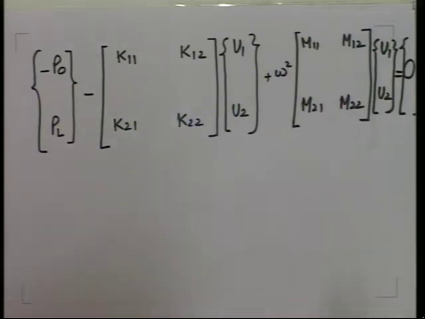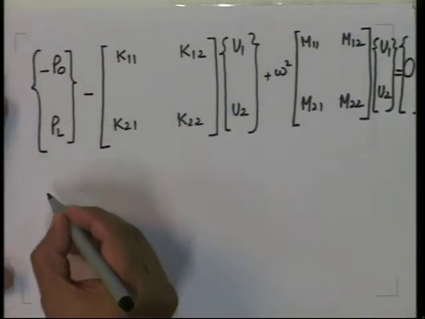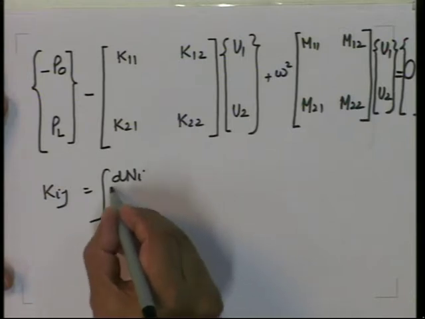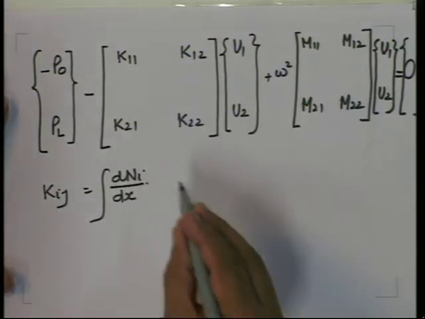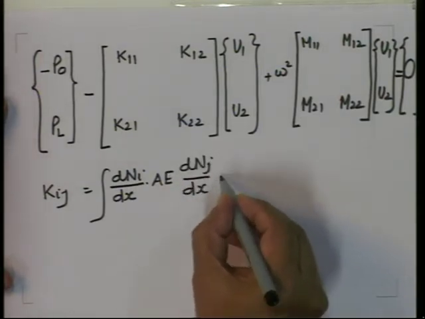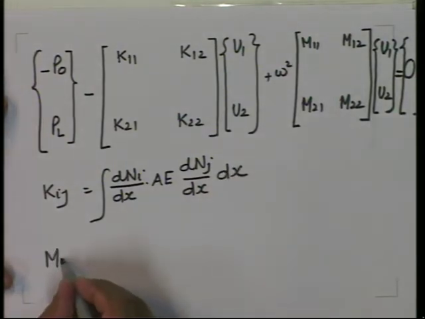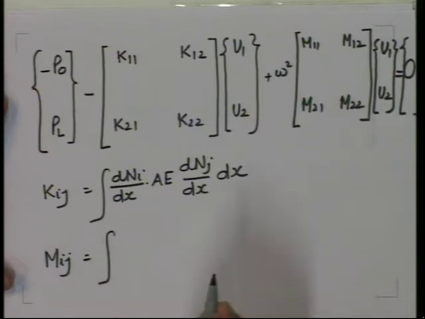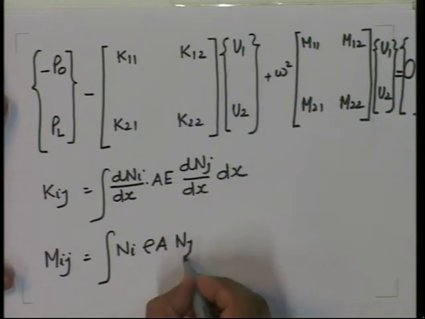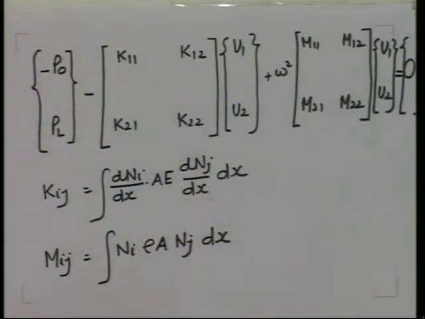Like this, if you do the k, for example, k_ij, and m_ij is N_i rho A N_j dx. If you compute this,